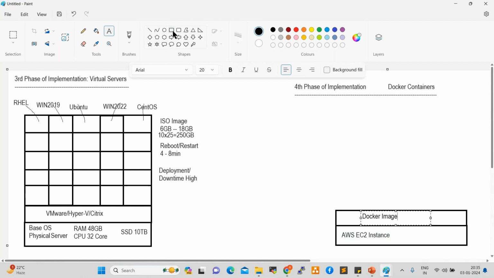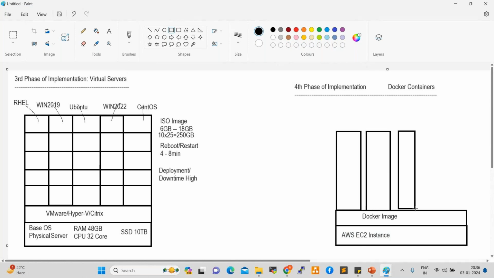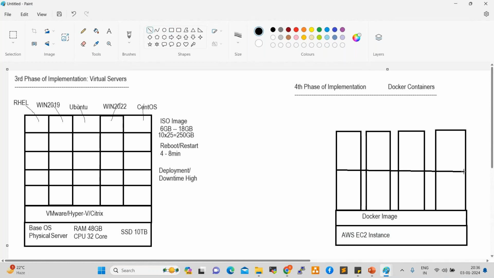Once we deploy the image, this will allow you to create containers like this. So these are the containers.